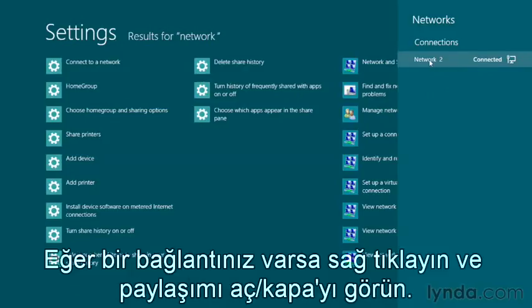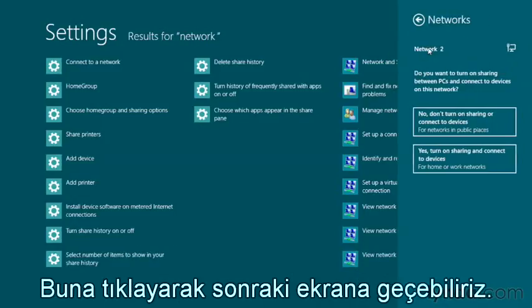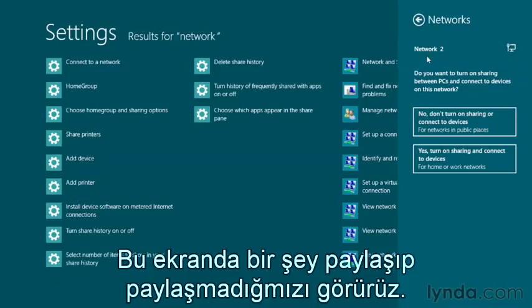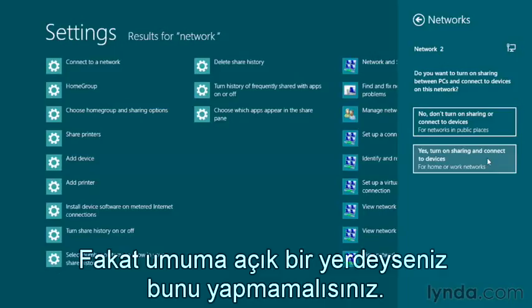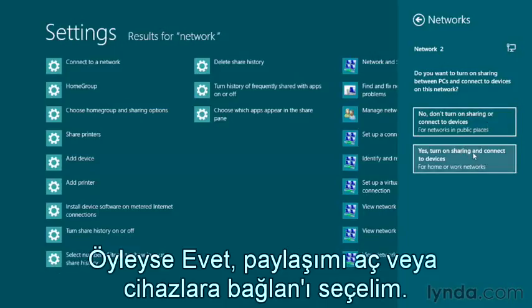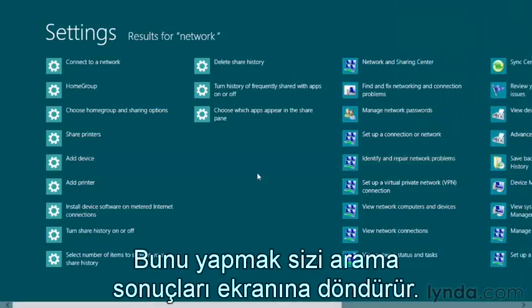If you do see a network connection here, give it a right click and you'll see Turn Sharing On or Off. We can click that to go to a next screen here where we can choose whether or not we're going to be doing any sharing. So if you go down to Yes, Turn On Sharing and Connect to Devices, this is great for home or work networks. Whereas if you're going to be in a public place, you don't really want to do that. So clicking Yes, Turn On Sharing and Connect to Devices will do exactly that and take you back to your